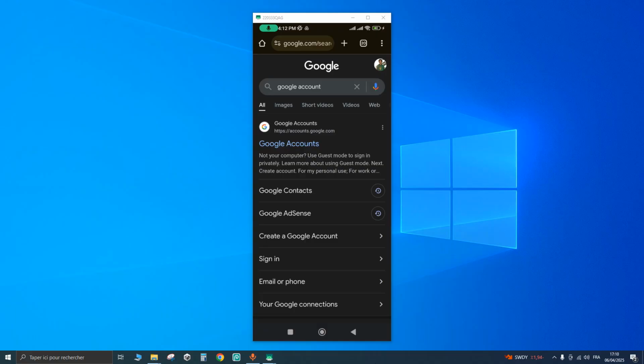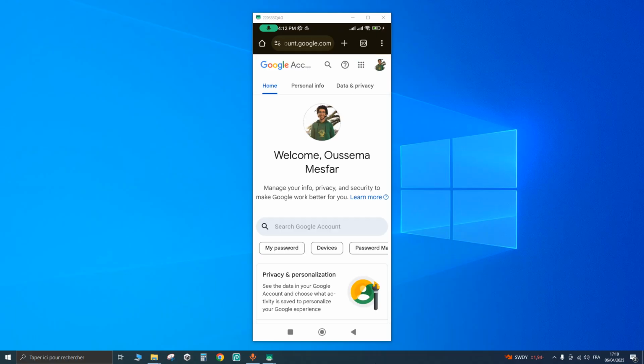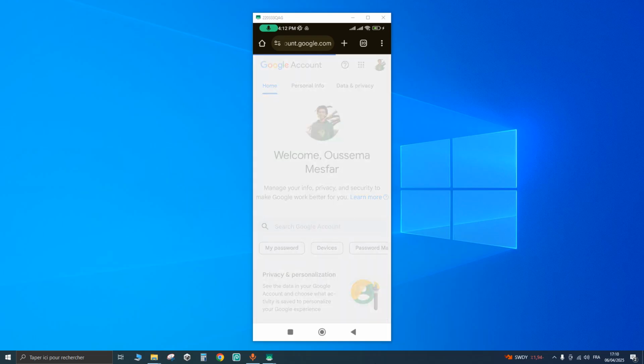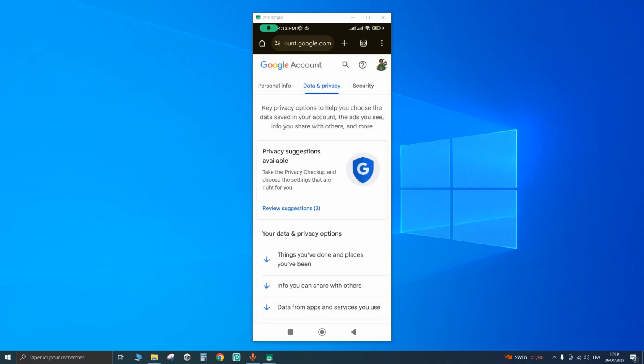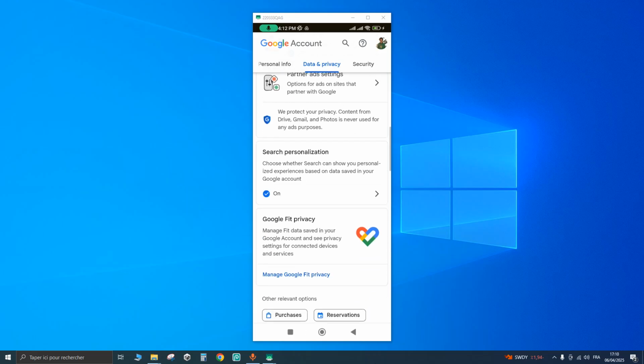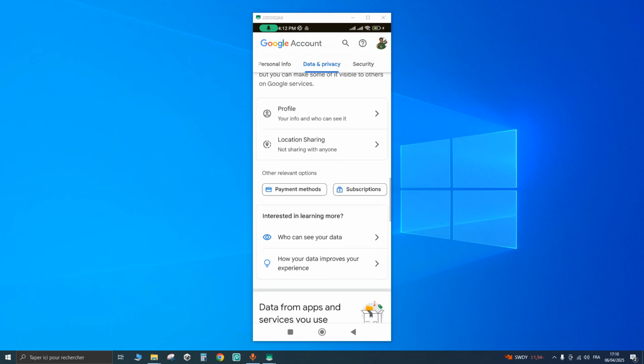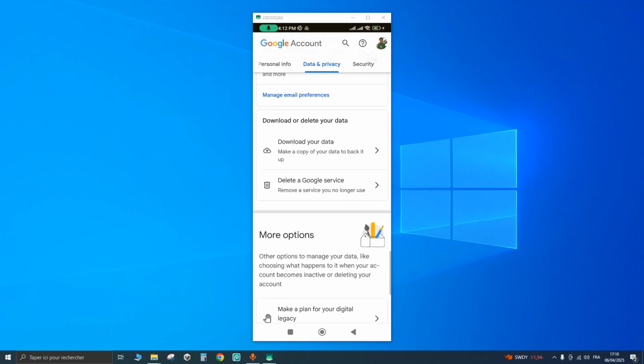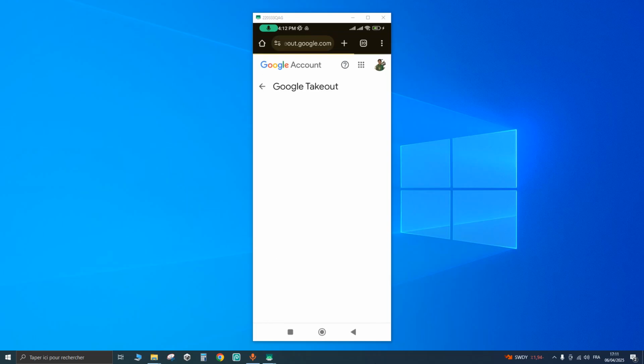First, enter your browser and type Google account. Click on the first result, then click on Data and Privacy. Scroll down until you find Download your data. Click on it,